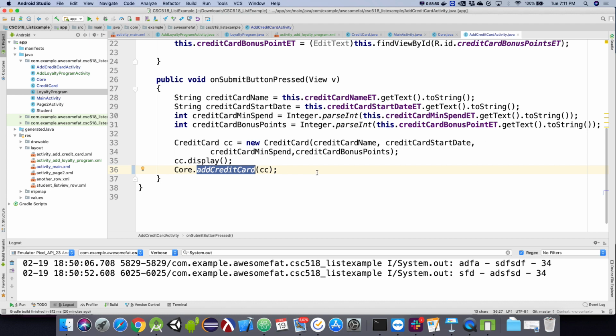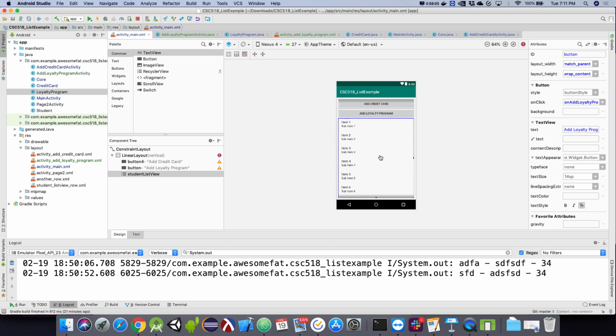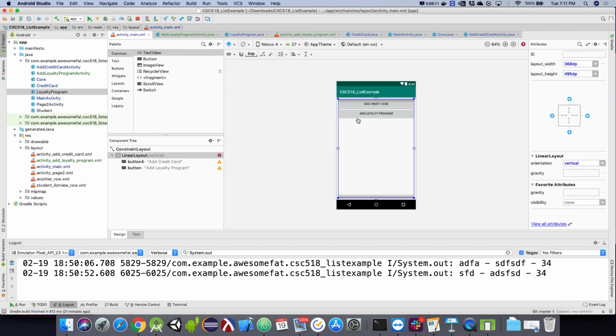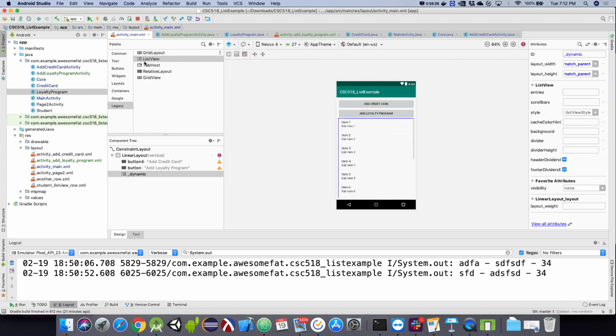Okay, now I'm going to go to, so we're supposed to have 2 list views in main. So let me go to my activity main here, and I already have that, so I'm just going to create new ones. All right, so here are these 2 guys. That's my vertical linear layout, and now I'm going to put a legacy list view, and then I'll put another legacy